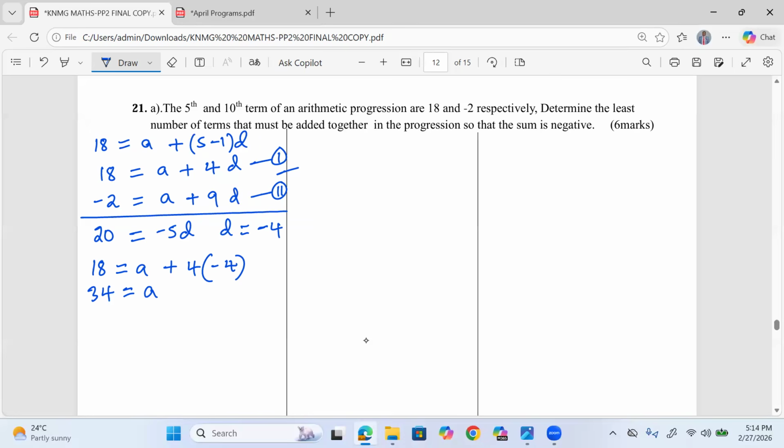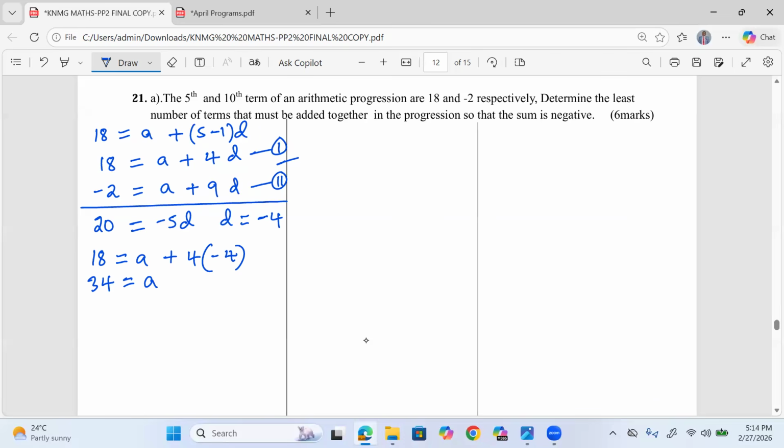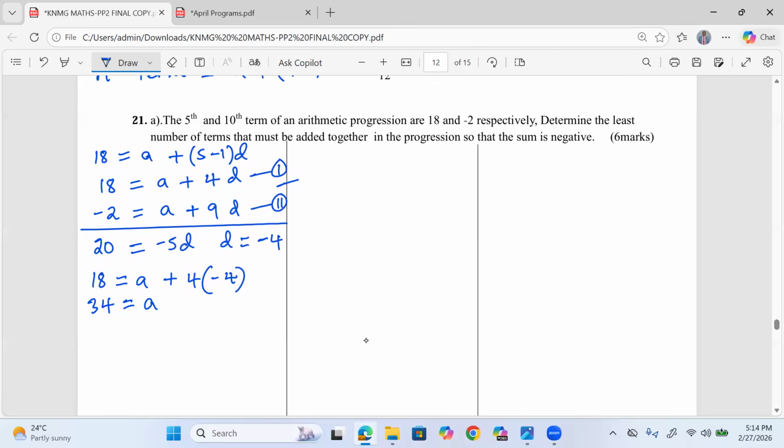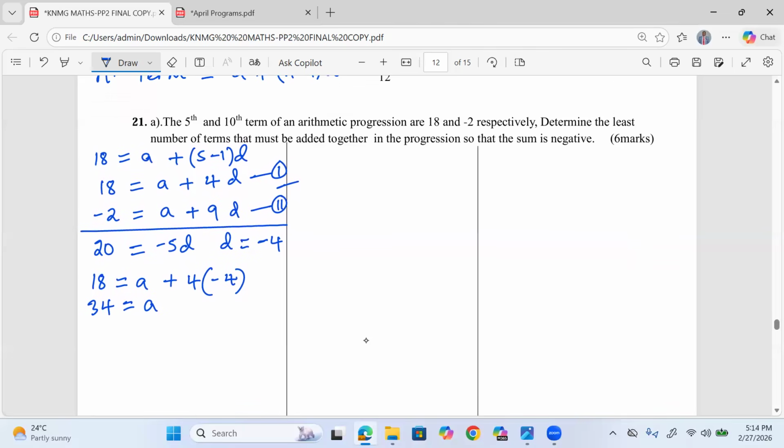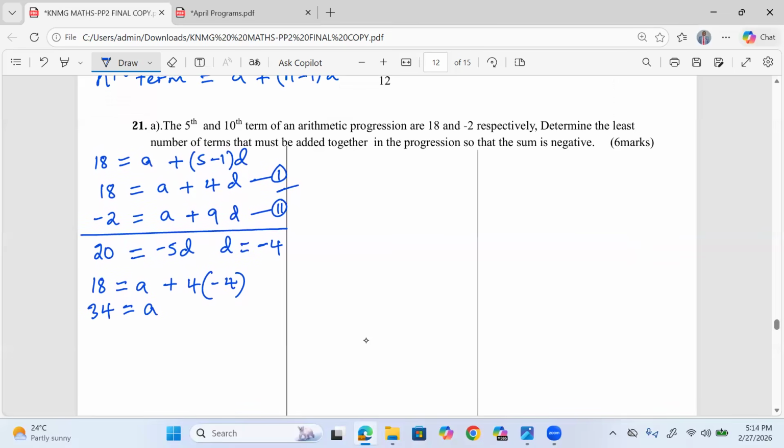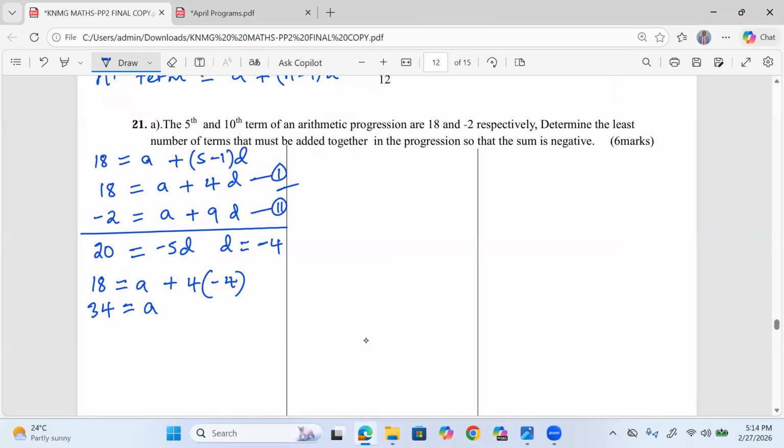The first few numbers will have a total of positives, but as the numbers transition to negatives, the sum will also become negative eventually. But before it becomes negative, we know that the last integer for this sum to transition is a 0. So can we check the number of terms that will give us a sum